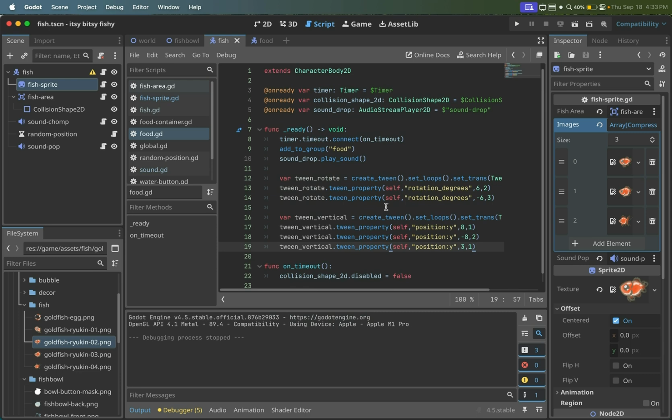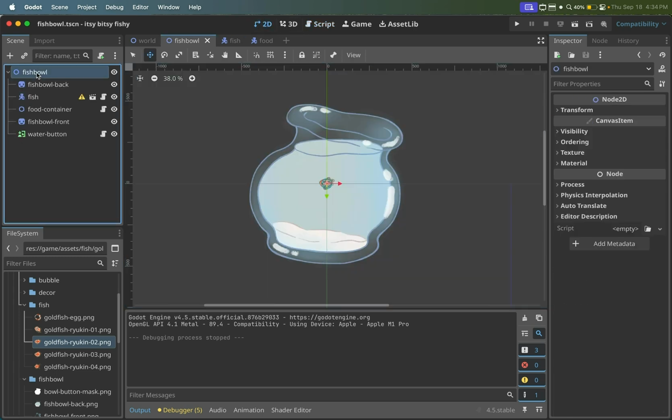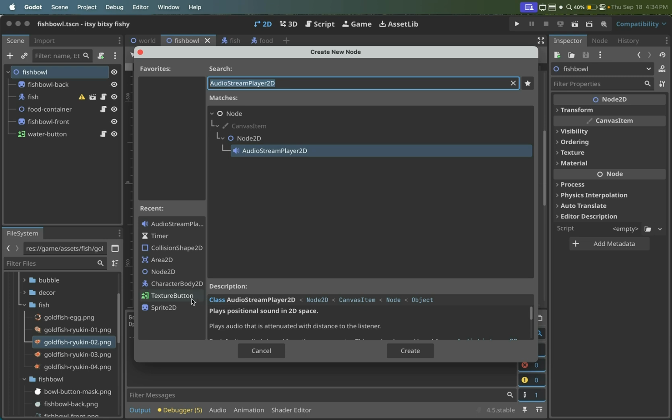We are pretty much done with the fish and the food. So now let's make it so that clicking on the fishbowl can move or resize the game window. So let's go to fishbowl, 2D view, click on fishbowl, add a texture button,